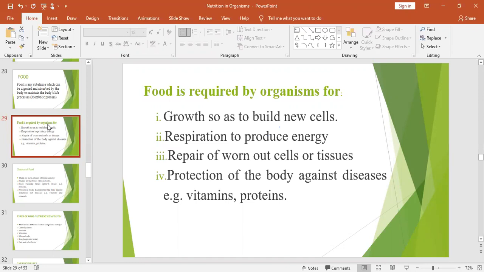Then lastly, food also provides protection against disease, some of which may contain vitamins. You are aware there are diseases that are attributed to vitamins, like scurvy, with soft porous bones, which is actually a result of a deficiency of vitamin C. Sometimes there are diseases like kwashiorkor, which comes from lack of proteins in the body. There are diseases like marasmus, which is caused by lack of carbohydrates. So when we eat this food, we actually prevent these diseases.